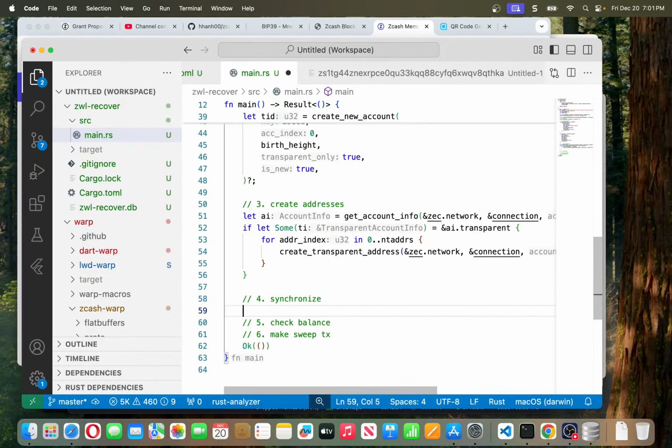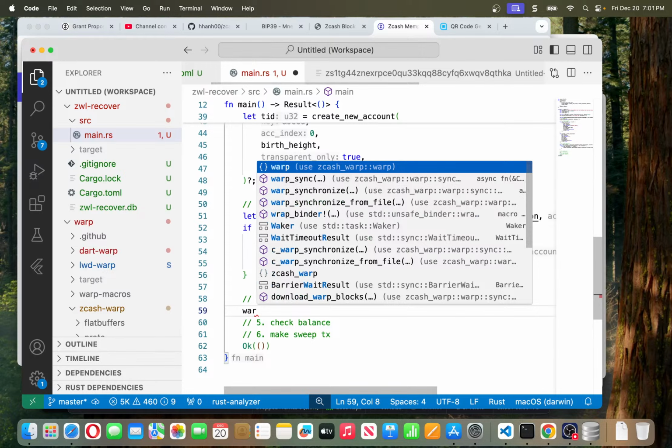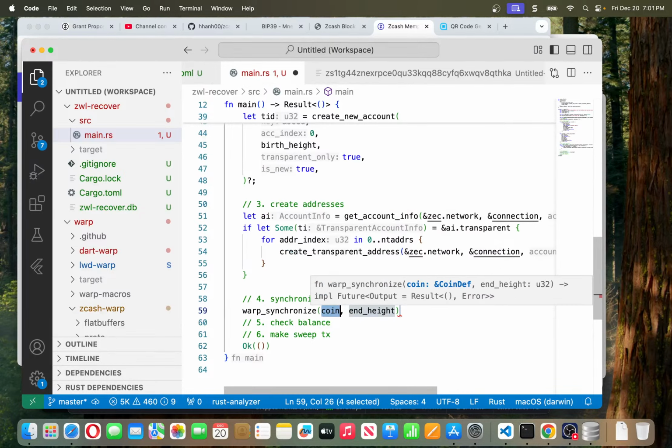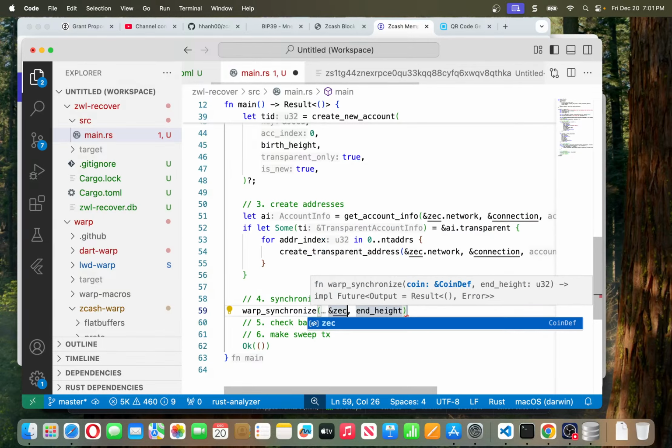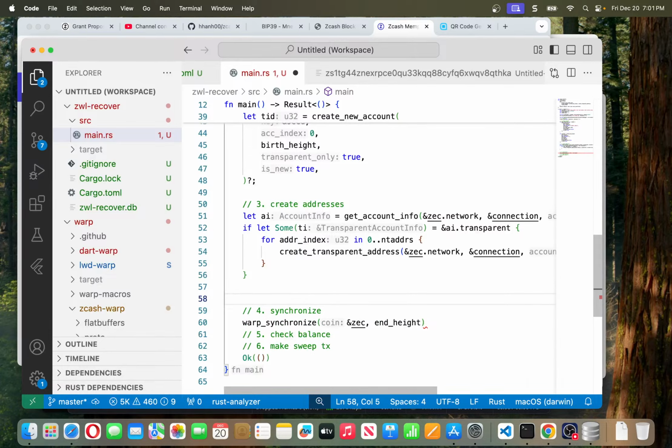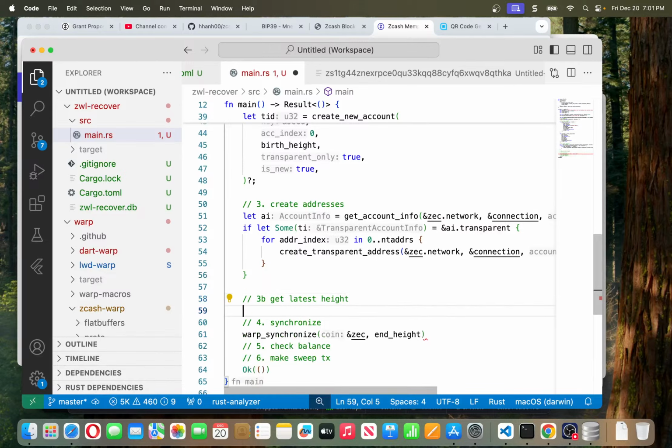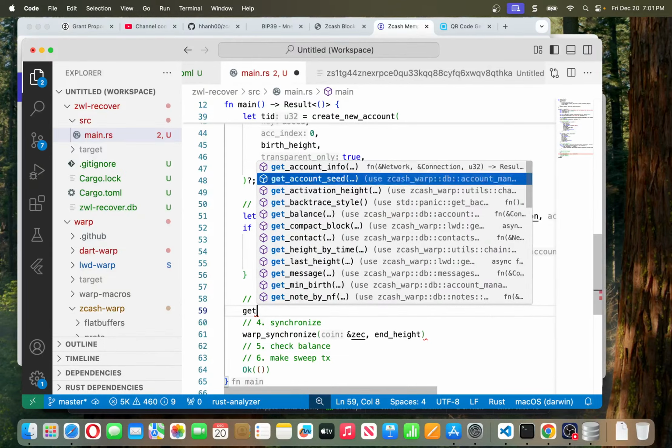Synchronize. Oh, synchronize is warp sync, right? Warp synchronize. The coin is ZEC. Oh, we need the end height. So let's grab the end height. Okay, there's get latest height. Now that's easy. We have get last height,